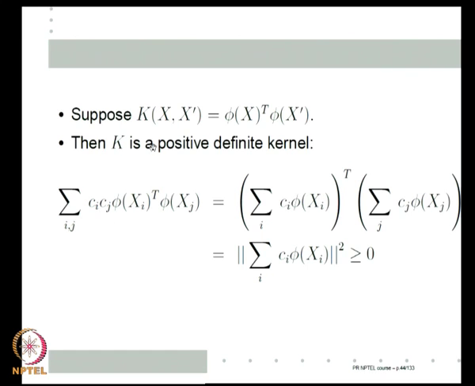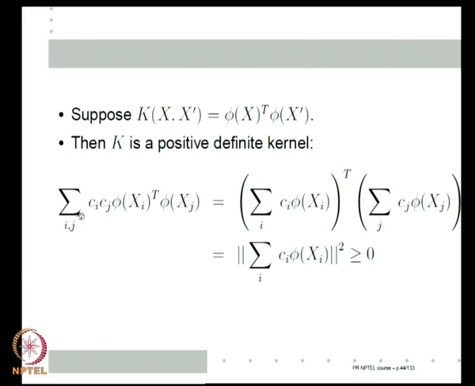Because for k to be a positive definite kernel, I want to show that the sum of ci cj k(xi, xj) should be greater than or equal to 0. k(xi, xj) is nothing but phi(xi) transpose phi(xj). So, I need to show the sum of ci cj phi(xi) transpose phi(xj) is greater than or equal to 0. Now, this can always be written as